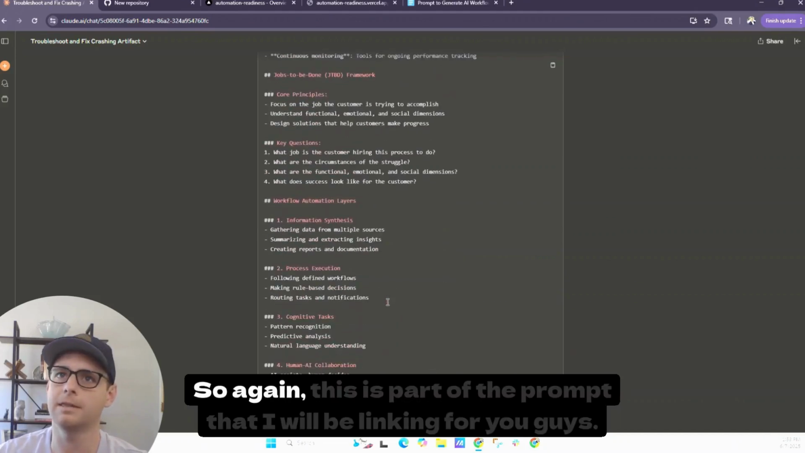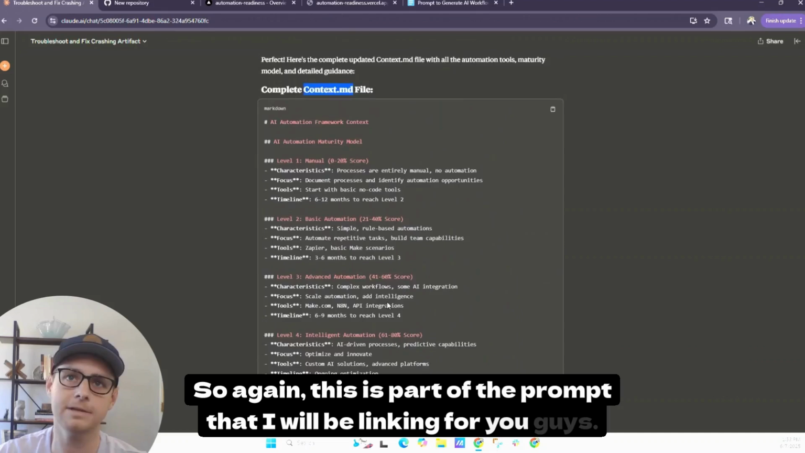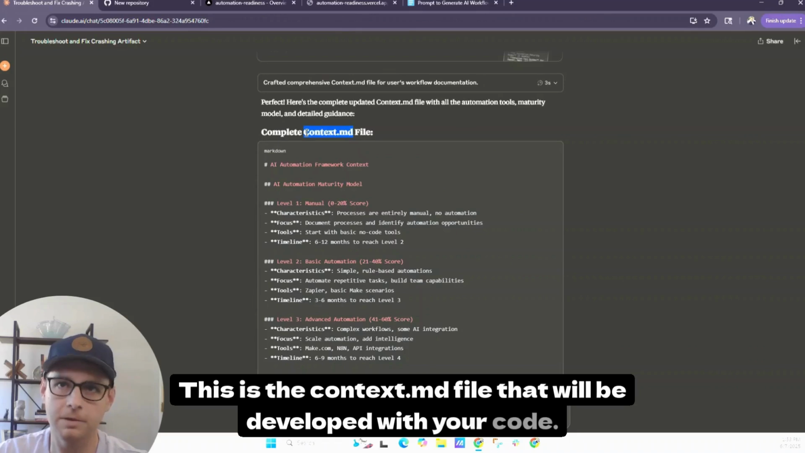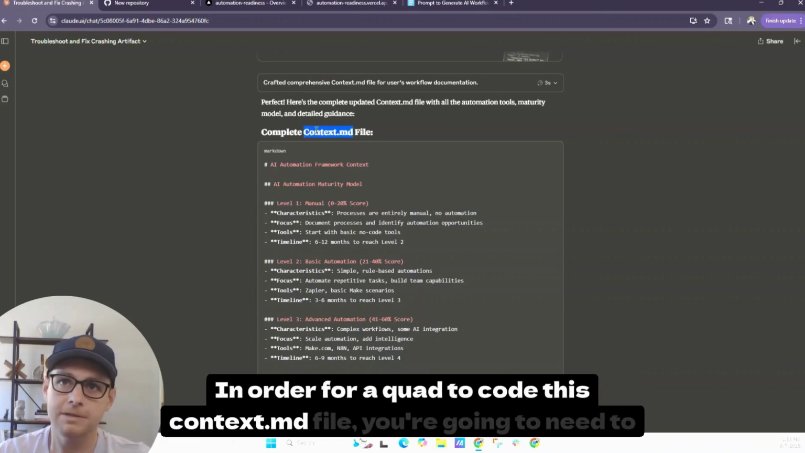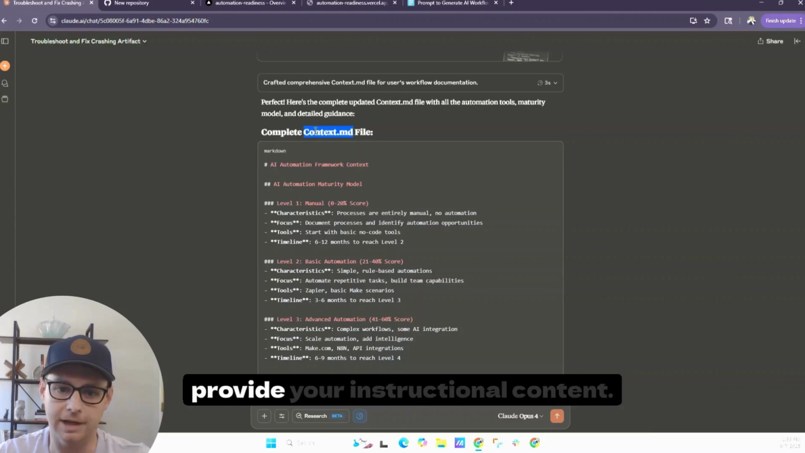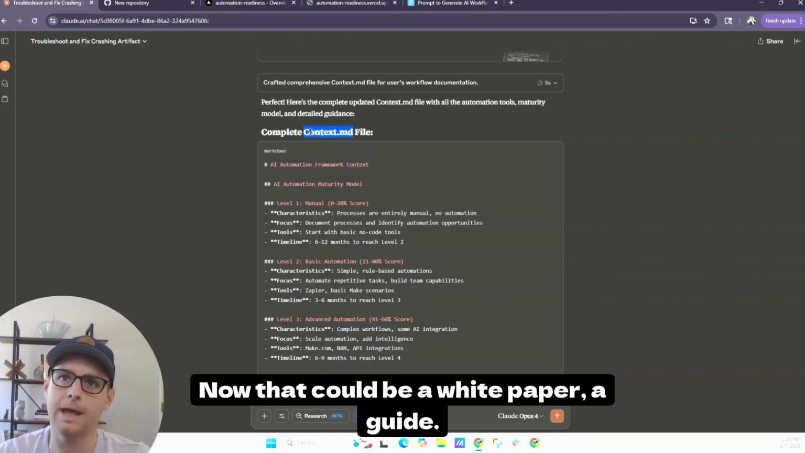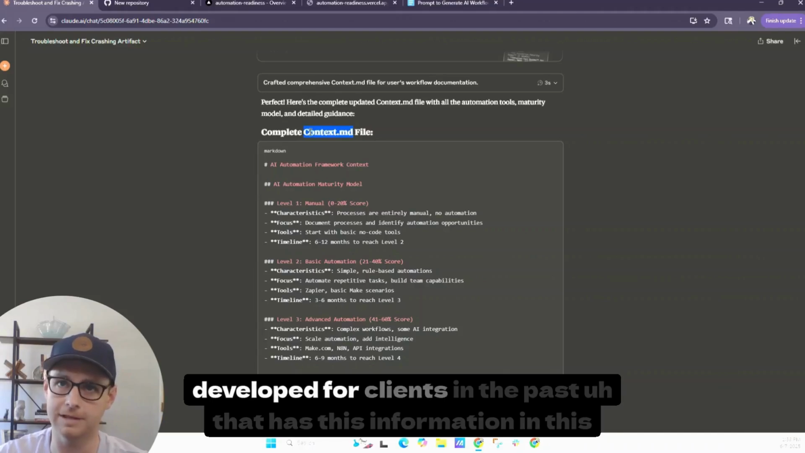So again, this is part of the prompt that I will be linking for you guys. This is the context.md file that will be developed with your code. In order for Claude to code this context.md file, you're going to need to provide your instructional content. Now that could be a white paper, a guide, an ebook that you've developed for a blog or something like that that you've developed for clients in the past